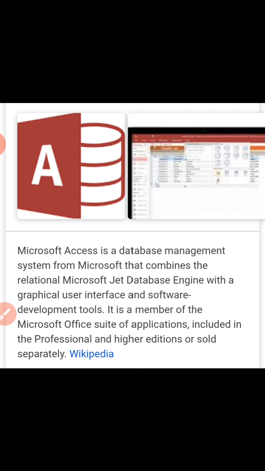Let me give you one simple example. In our classes, we have a class register. In that class register, there are names of students written in alphabetical order. So writing names of students in alphabetical order is an example of a database which is organized. It is organized in a particular way. What way is it organized here? In alphabetical order. Why are names kept in alphabetical order? So that the search of information becomes quick and efficient.